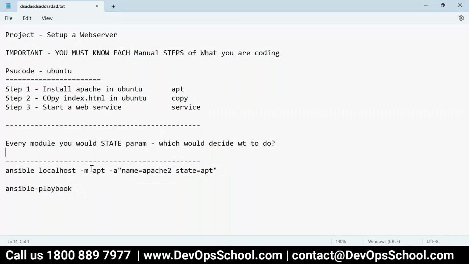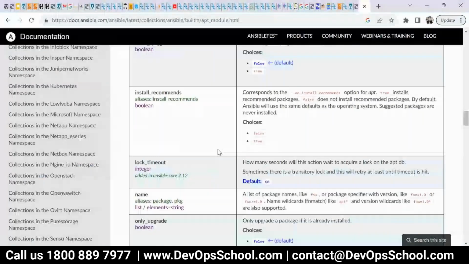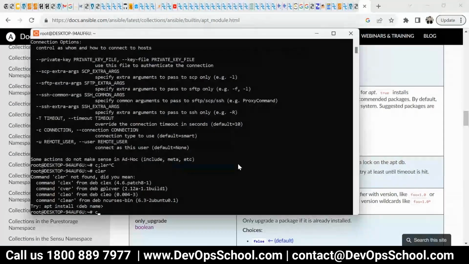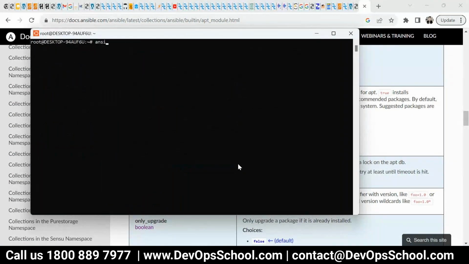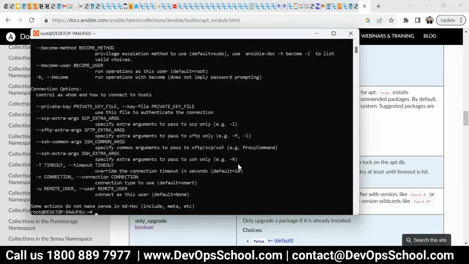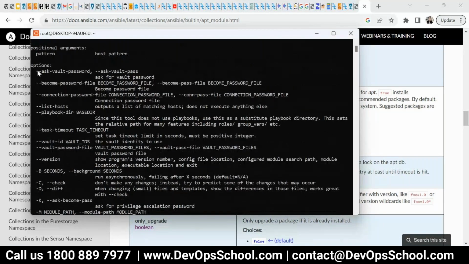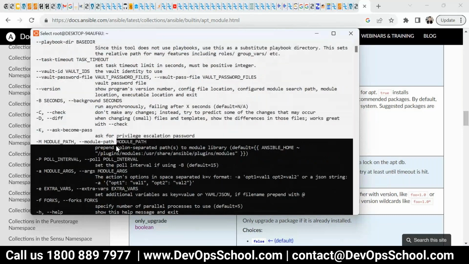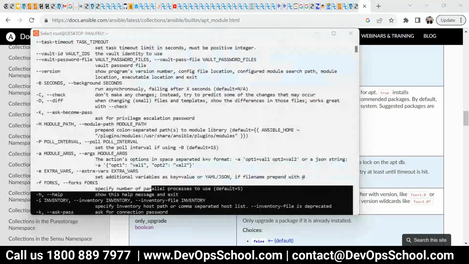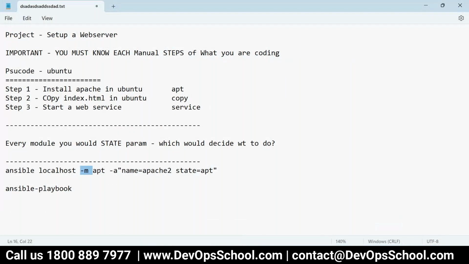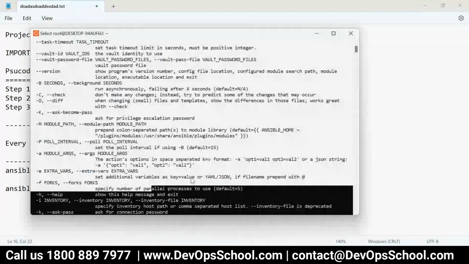Now you say, Rajesh, how do you remember this command pattern? Actually, this command pattern was not by me. If you type ansible and press enter, they will give it to you. For example, these are all the options you have here, and you'll have to find out for this. For example, I opted for -m, right? -m and module name. So how do you know that? If you see that here,